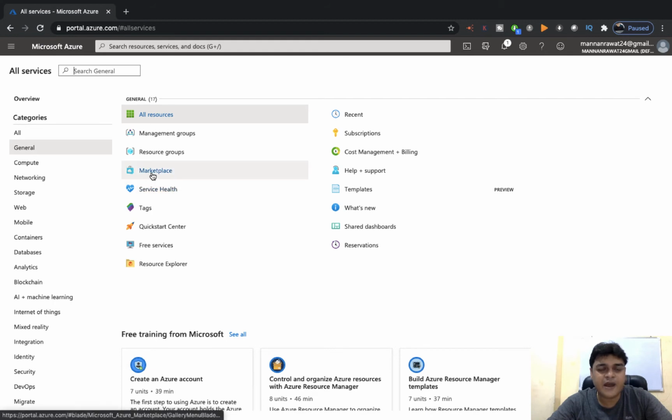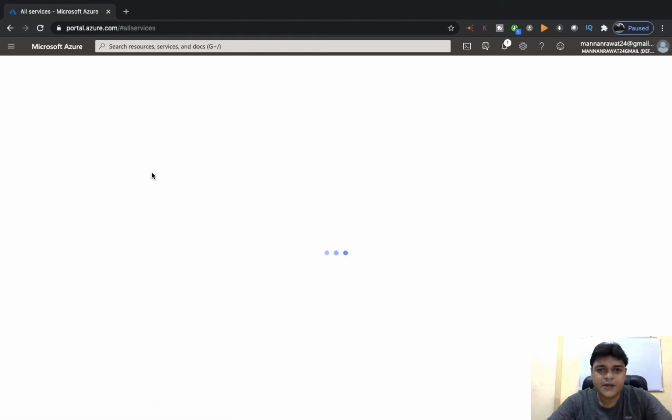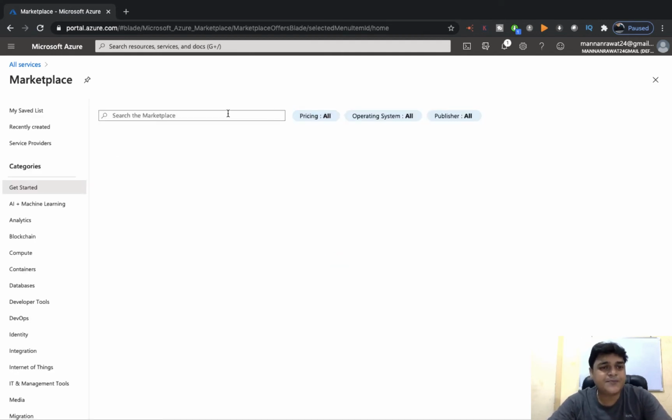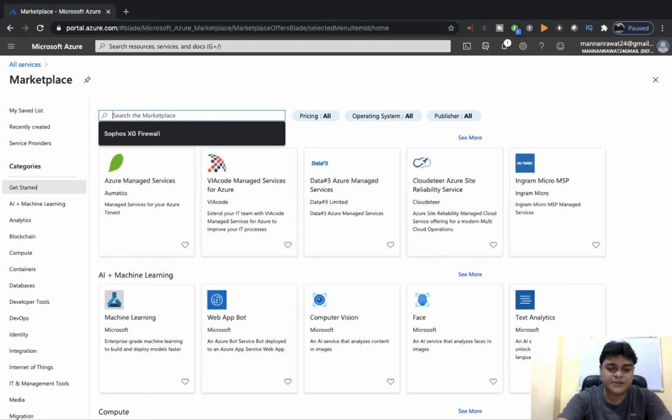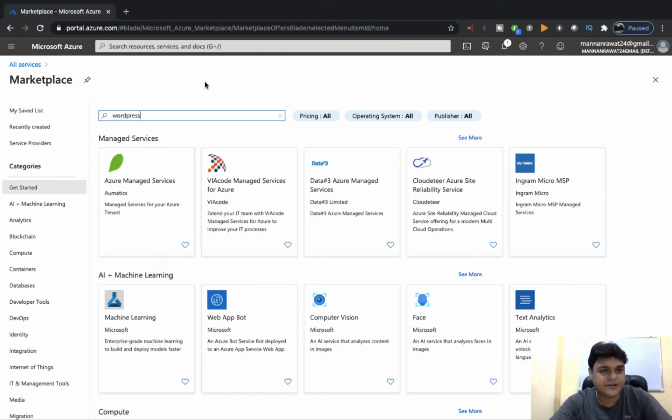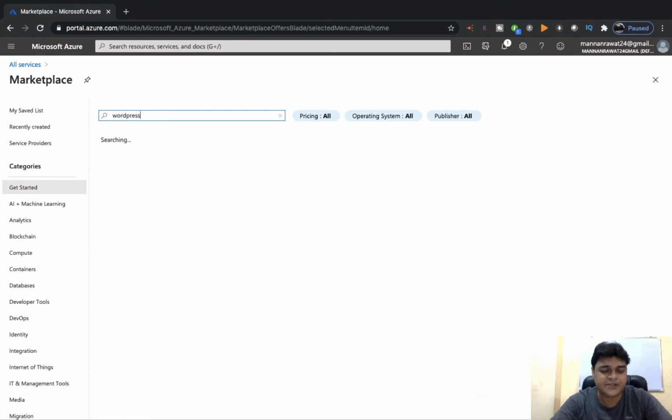In the general tab we have the marketplace. Just click on the marketplace. It gives you the option to search for the product that you want to purchase. In the search panel, I'm going to create a WordPress service, or WordPress server. Just type WordPress and press enter.